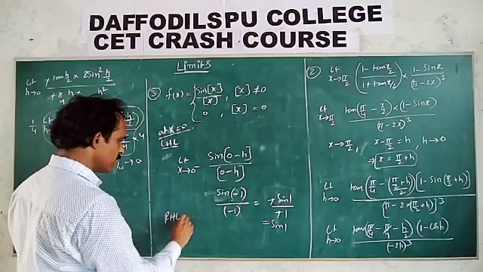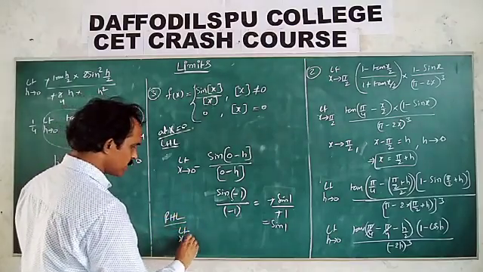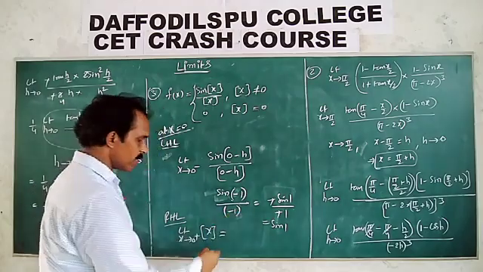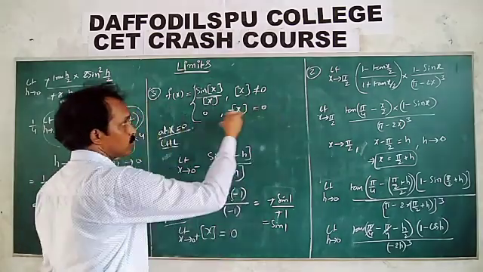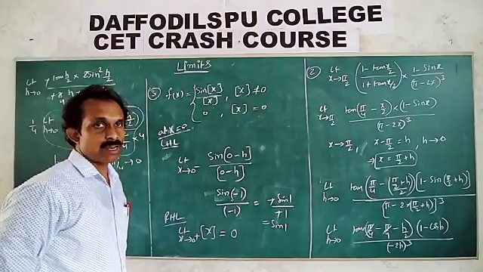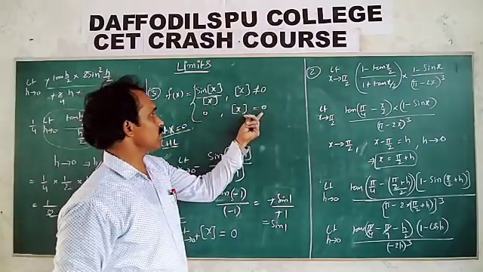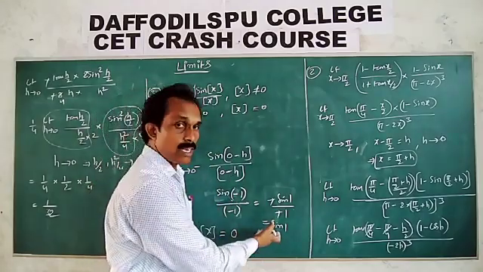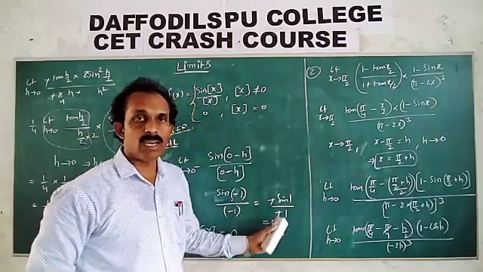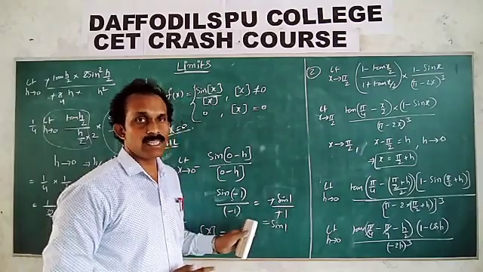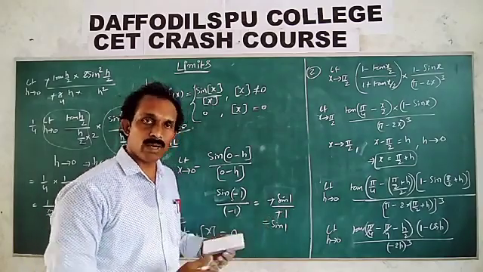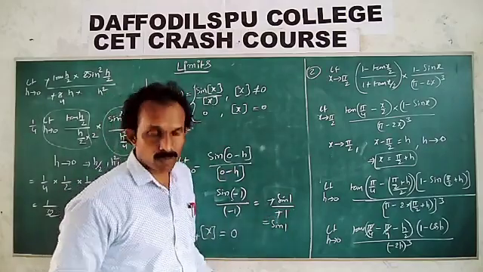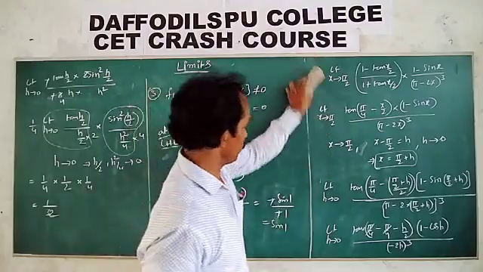Okay, right hand limit. For the right hand limit as x tends to 0 plus, what is the [x] value? It is 0, so f of x is equal to 0, also given. The right hand limit is equal to 0 and the left hand limit value is equal to sin 1. Not equal. The limit exists only when the left hand limit and right hand limit are equal. So the limit does not exist. So the fourth option, none of these.